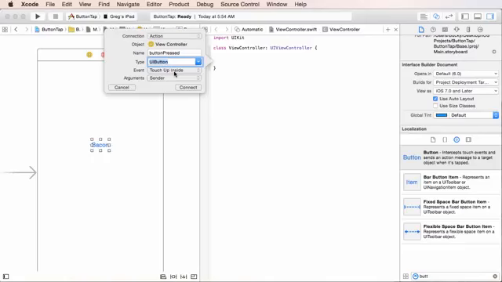Believe it or not, there are different ways that the user can interact with the button. They can swipe across it. They can just tap it. And the tap is Touch Up Inside. I know it's kind of a weird name, but